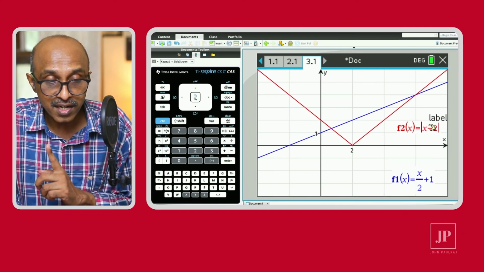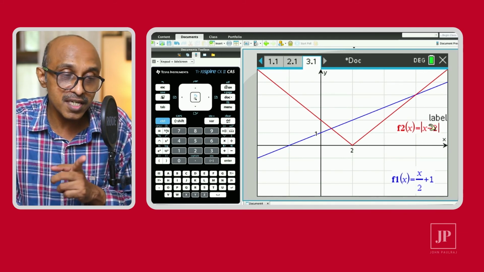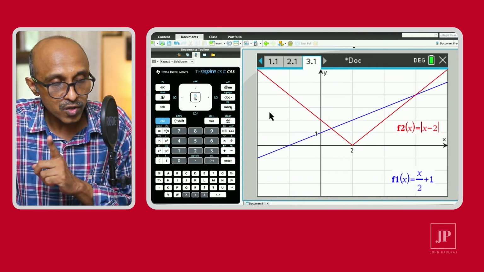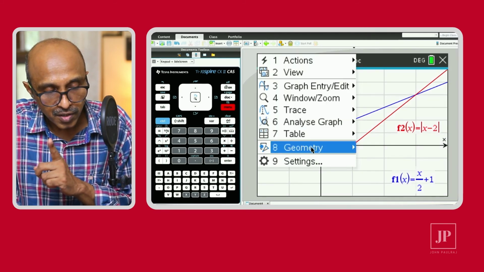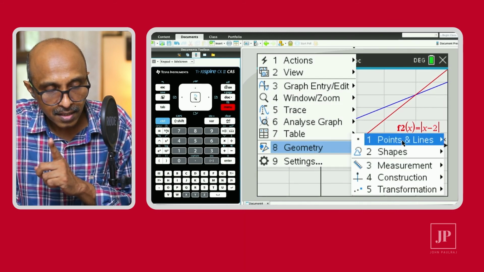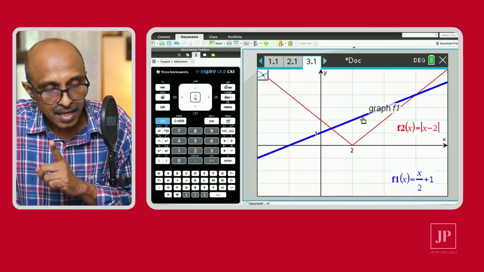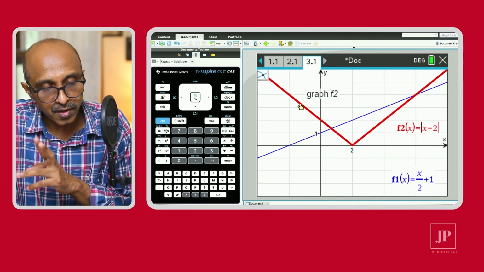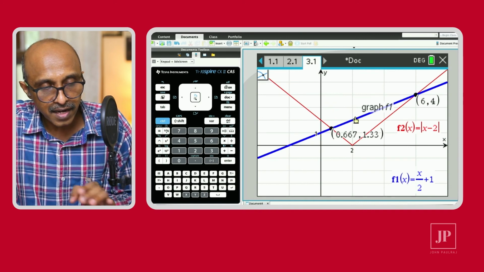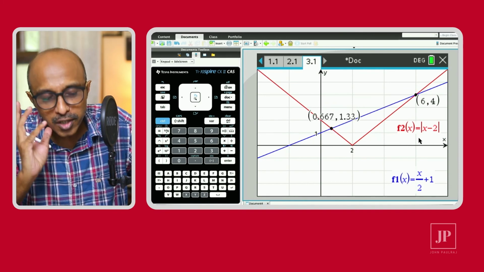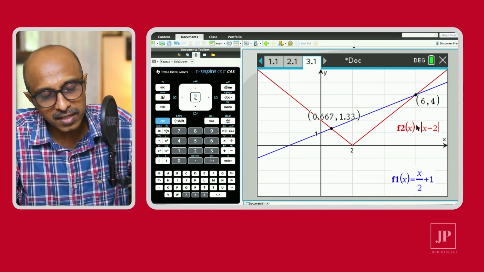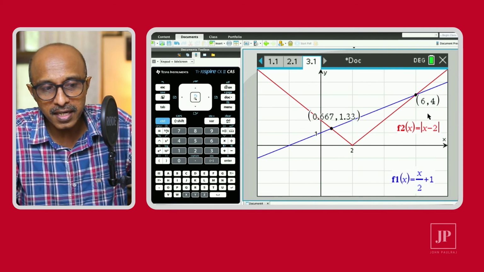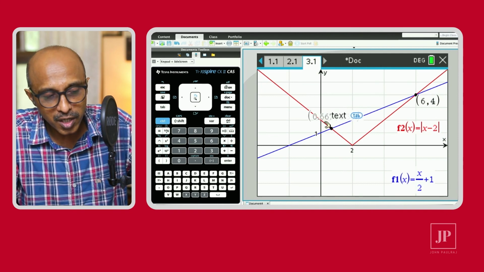The second part of the question, as you saw, asked us to solve these equations, which means graphically the point of intersection. And now we're going to use the geometry app, okay? That means finding the point of intersection in one go. So we go to menu, geometry, points and lines, and hit intersection points. And as the hint says, click on the first graph, then click on the second graph. And as you do that, you will get the solution to the equation absolute value of x minus 2 is equal to x over 2 plus 1 using the graphical method: x equals 6 and x is equal to